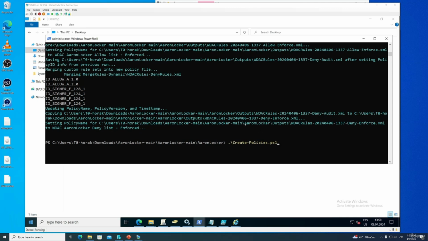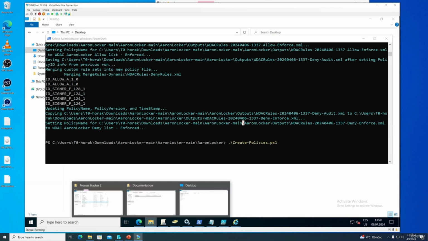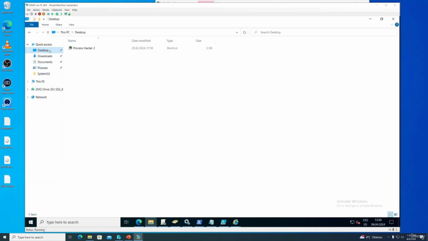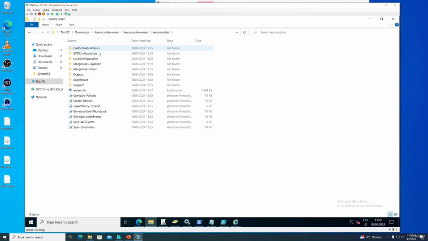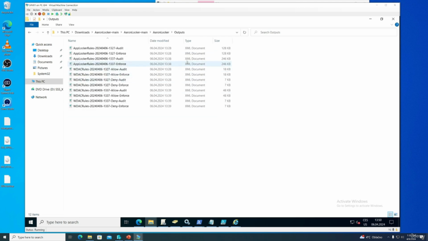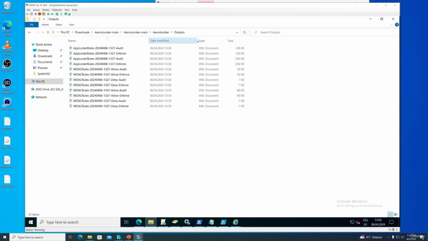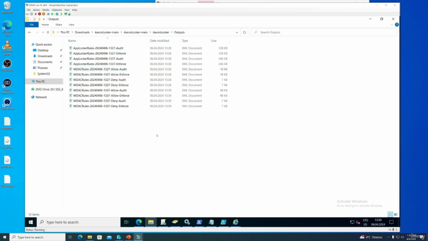So we can see we have some output in the AppLocker output folder. Let's take a look in there. Let's go to Downloads, AppLocker, AppLocker, and Outputs. Here we can see some policies, some XML files that were actually created, and those are our rules. You can see that here is something newer. Those are our newer rules, and those rules actually take into account our C:\tools folder,